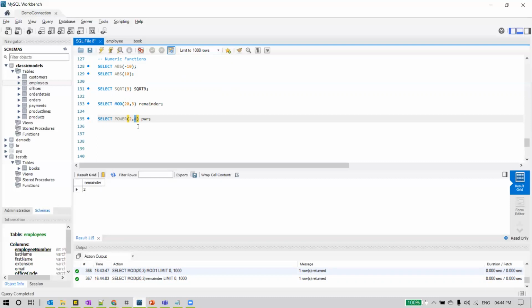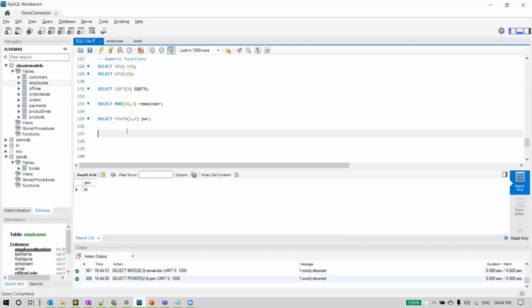So what's the result? We should be getting 16 here. So when we execute this statement, it returns 2 power 4, which is 16.